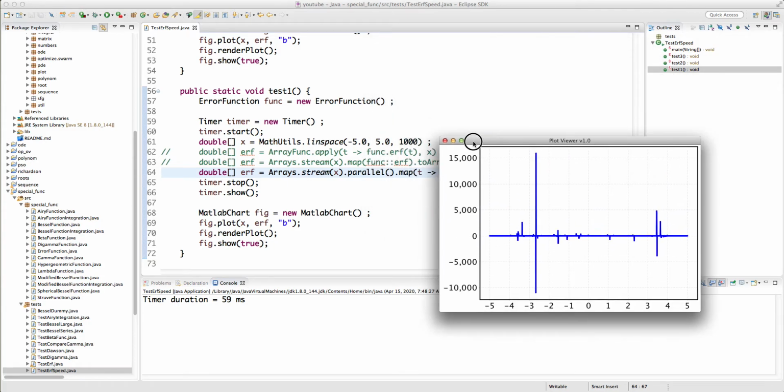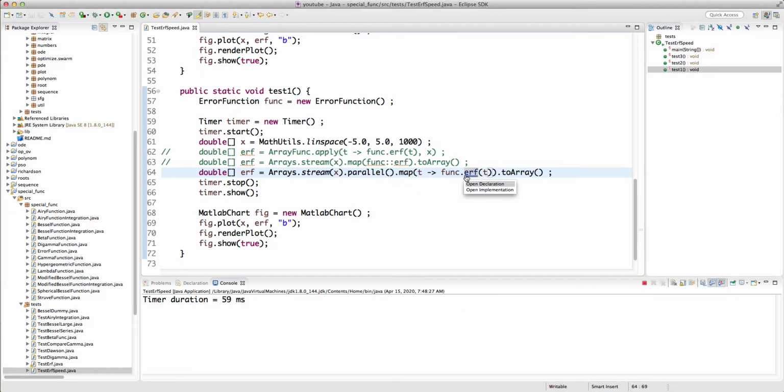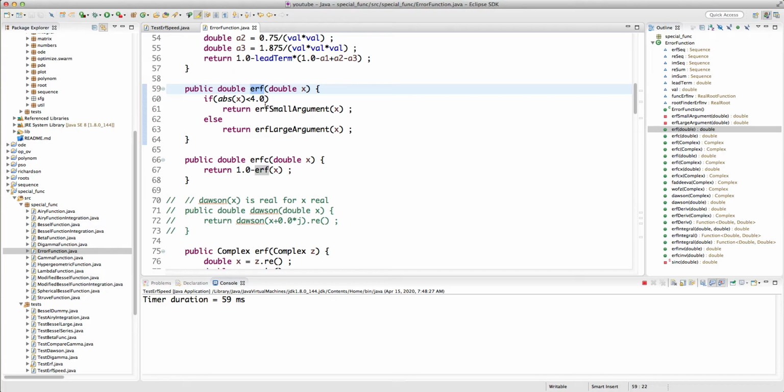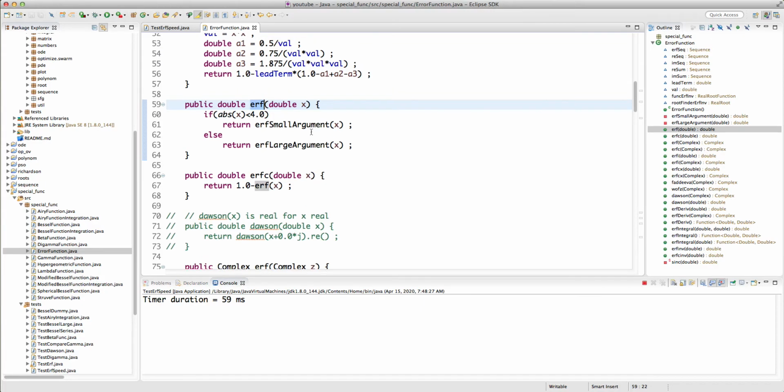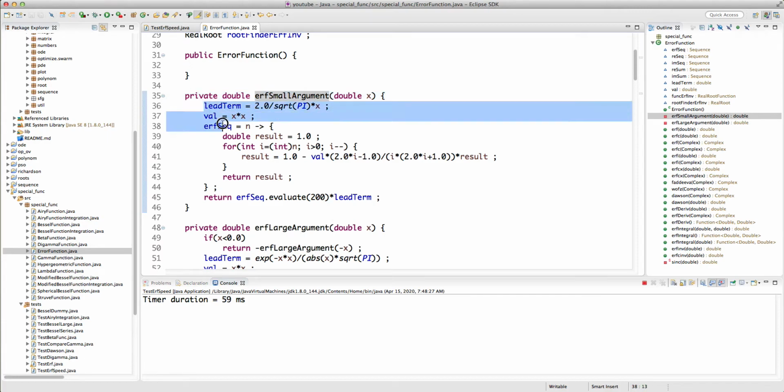That's because we are using parallel streams, which means we are in the multi-thread domain, right? We're using multiple threads at the same time, and unfortunately our error function implementation is not thread safe. So why is it not thread safe? Because of the functions. These functions, error function, large argument and small argument, they depend on the state of the object, right? Because we have these field variables, these instance variables, and if two threads try to invoke this method